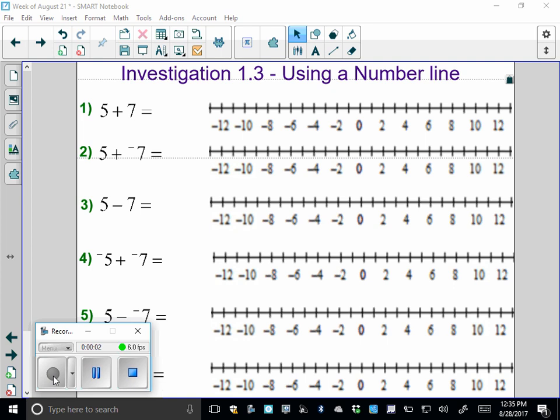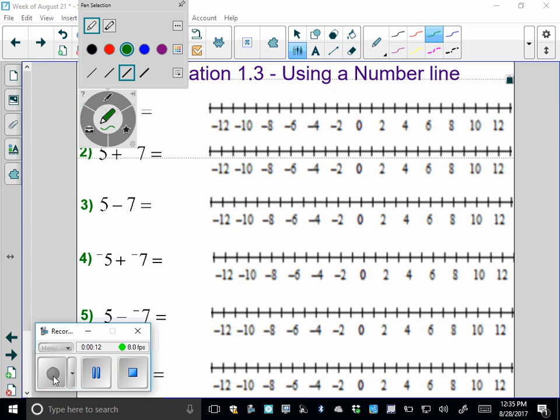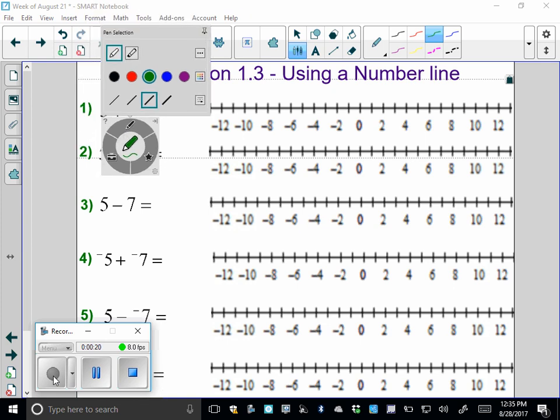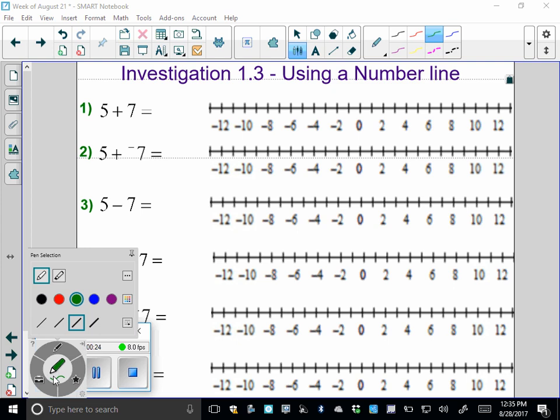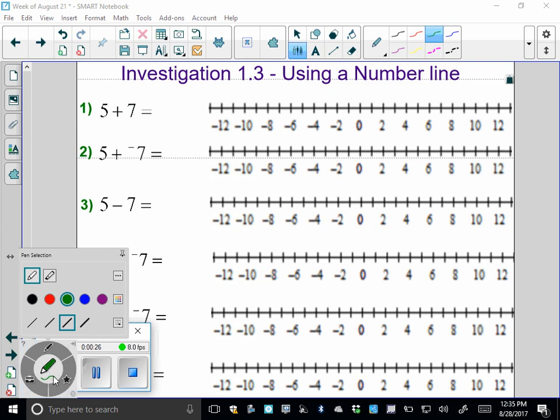This is a learning video to review the ideas we worked on in class today. We're using a number line as a model to represent the equations that are hidden under this little thing here, so I'm going to move it out of the way, but I may need that in a bit. So for each one of these questions here,